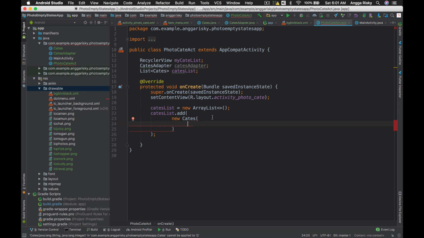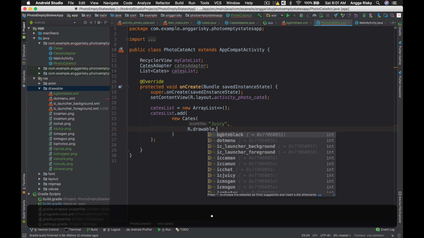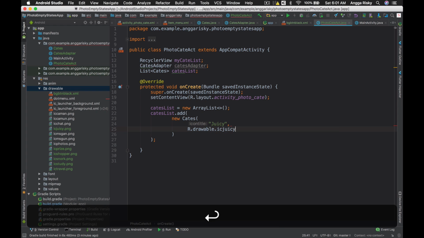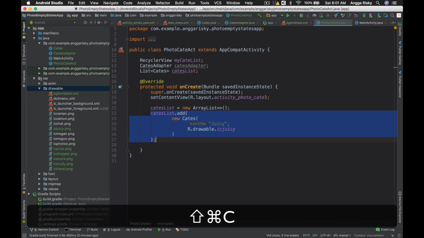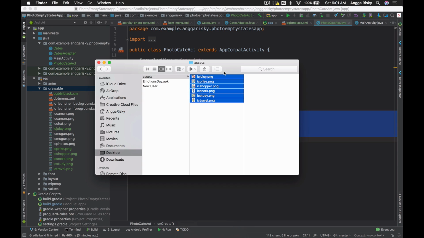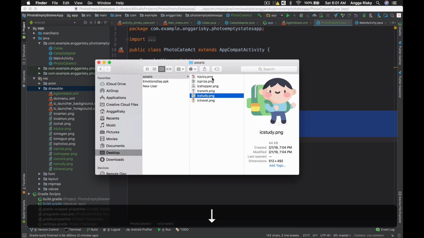So the first parameter is for the title, which is juicy, and then the second parameter is a drawable, and then this is for the IC juicy. Okay, and then we need more and more until this done 1 2 3 4 5.